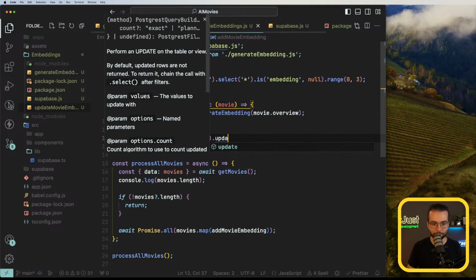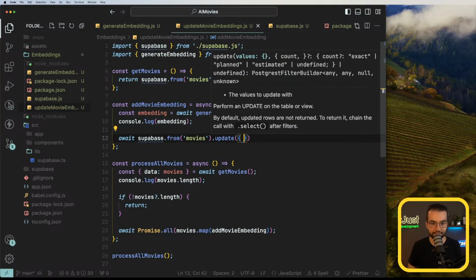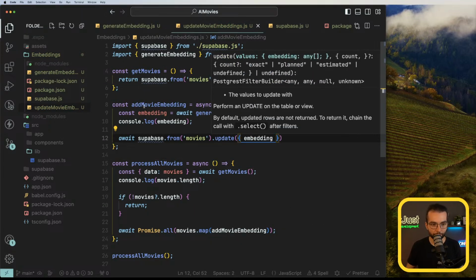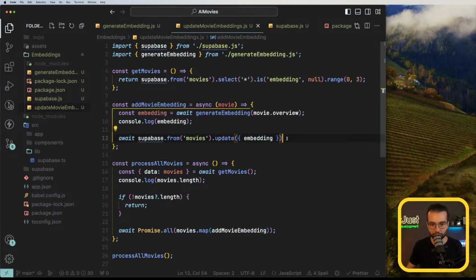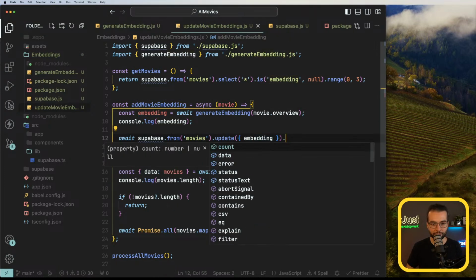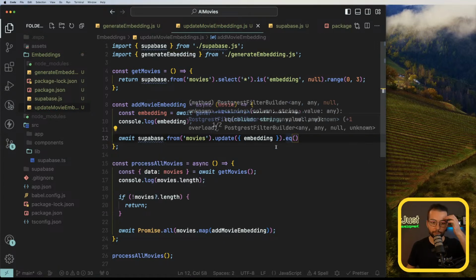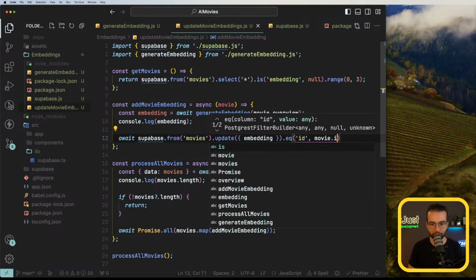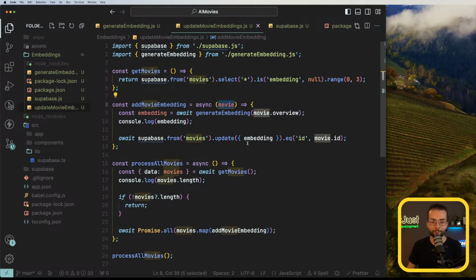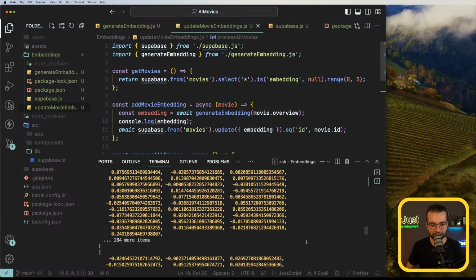We want to update and set a new field embedding with a value embedding, where the ID is equal to movie.id. So don't update it to all of the movies, only to the one that we currently want to update. And just like that, if I run it again,